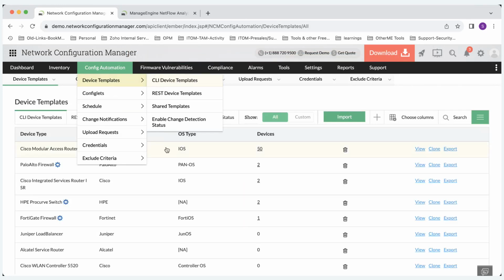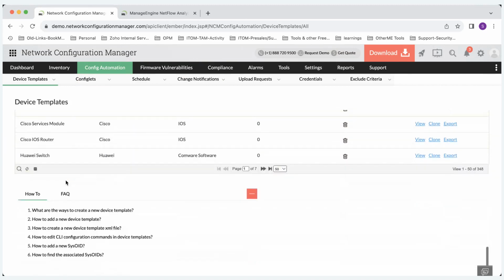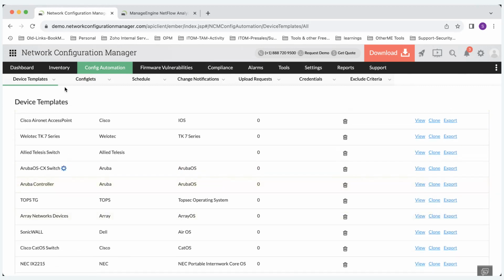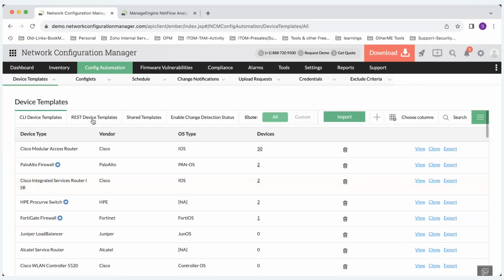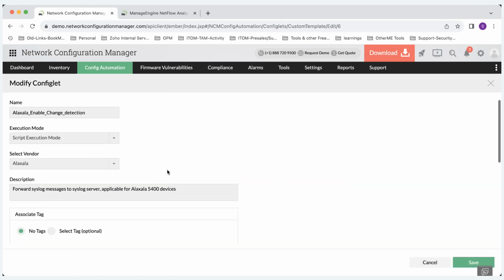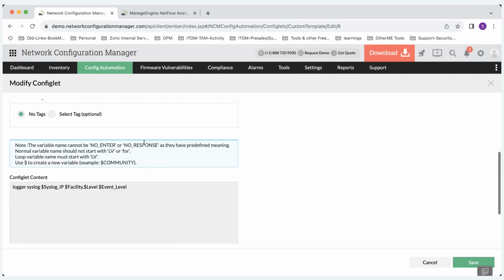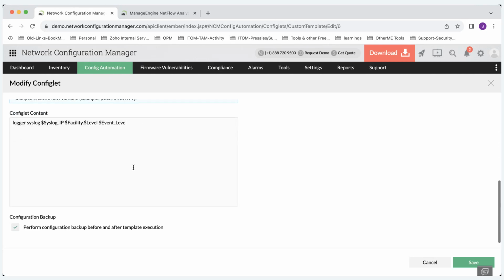Now, the other feature is that, as I stated, you have an option to enter the commands, and you can add a template if it is not available under device templates, based on CLI or REST API. Then we have the other feature, which is configlets. For example, configlets help you perform certain operations automatically. These are based on the commands that we have. So we have different modes of execution: script execution, file transfer, or advanced script execution mode. With the help of these, you can enter the configlet content,